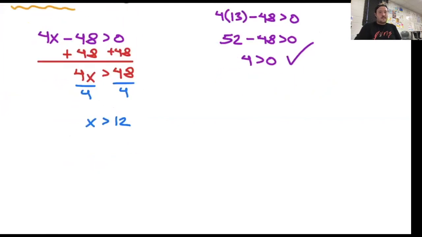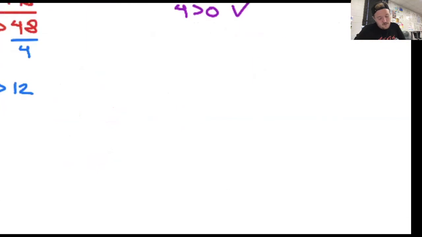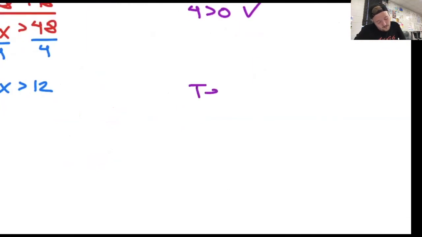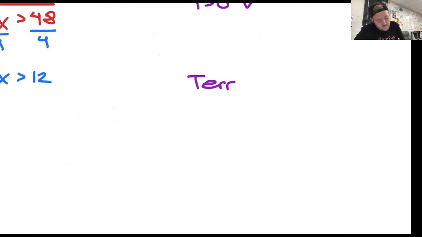So now I need to write my sentence. So what's his name? Terrence. Terrence. I can't spell. Yes. So must sell